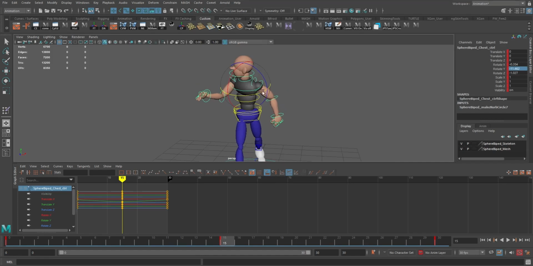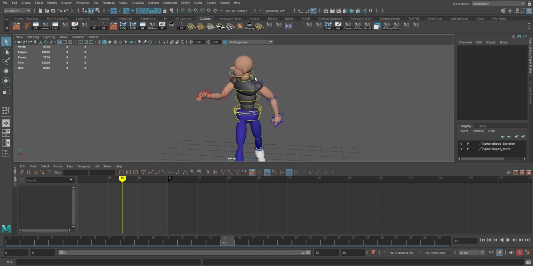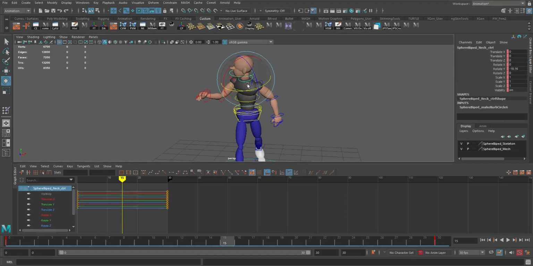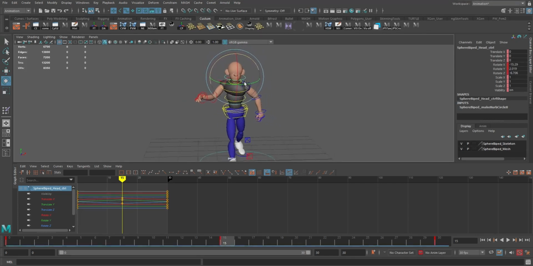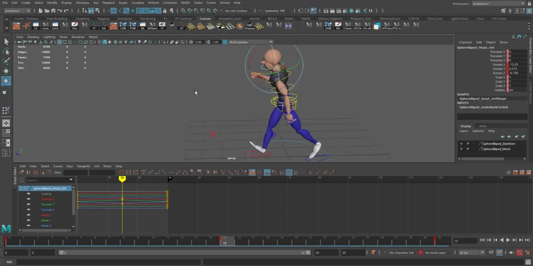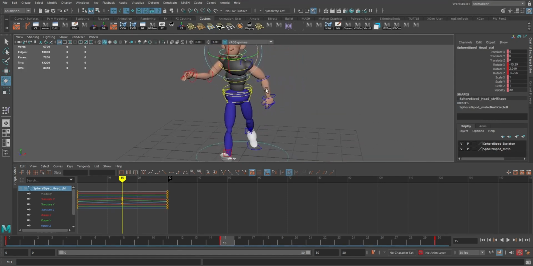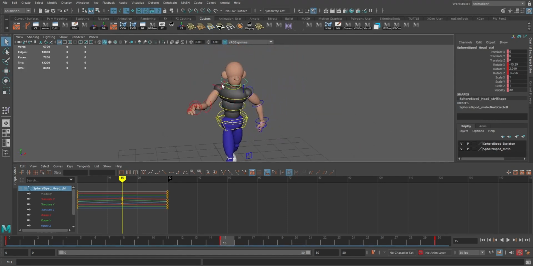Like so. And then for the neck, we want the neck looking forward. Neck looking forward. Head looking forward. And just that rotation up like that. Looking forward. Okay? So now what we want to do is grab all these guys